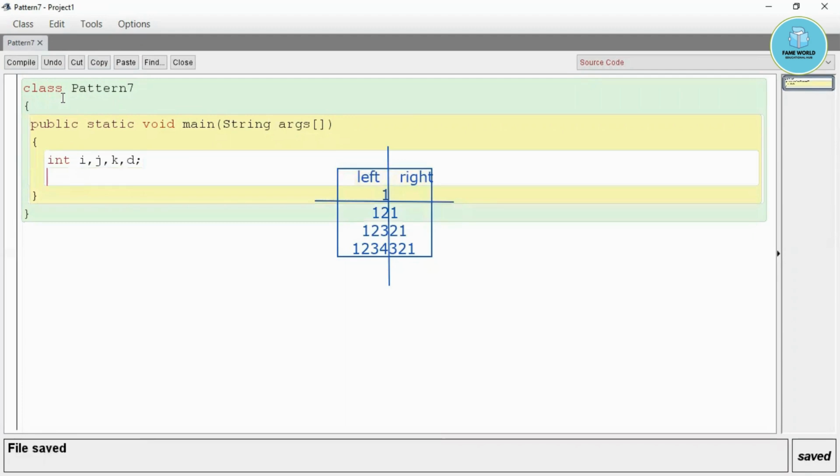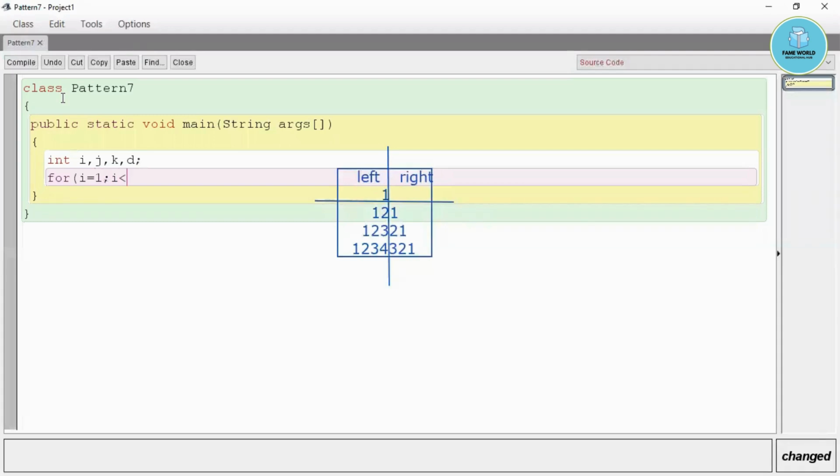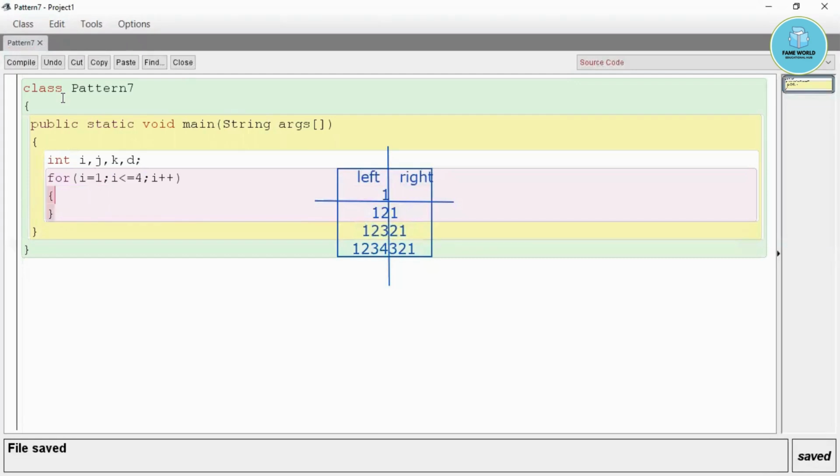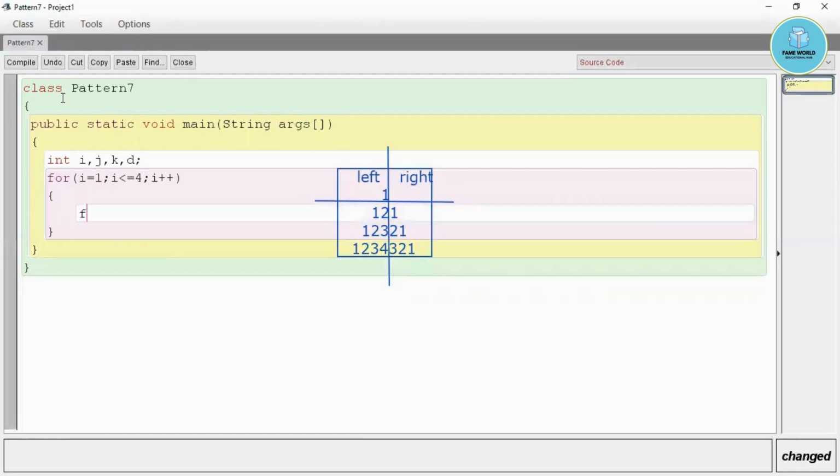So this we have taken. Then I'm taking for i equals 1, i less than or equal to 4, and i plus plus. Now I'm taking the s loop, for s equals i, as we have taken in the previous example. Similarly, s less than or equal to 3, one less than the loop of i. Okay, then s plus plus.